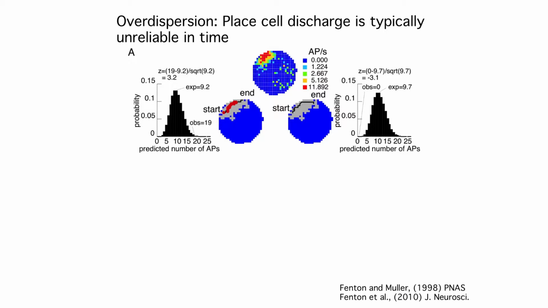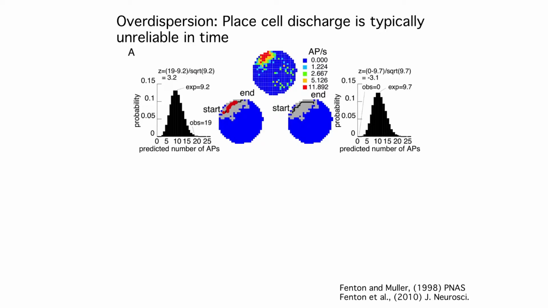So one of the first things I did when I got to the lab was I learned to record place cells. And I have to say, I was very bothered by actually watching those cells and listening to their action potentials, in particular because in many of the pictures you've seen, we have these beautiful firing fields from the time-averaged activity, and one would expect, if this was useful for getting around in space, that whenever the animal walked across that firing field, you would expect the cell to fire. We don't expect everything in biology to be absolutely precise, but you'd expect them to fire more or less reliably, at least in time. And I could never see that.